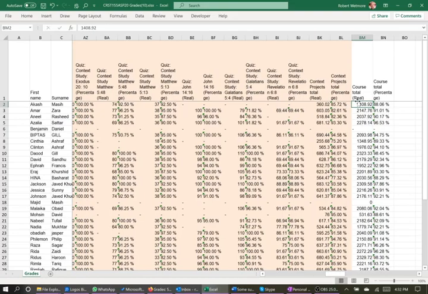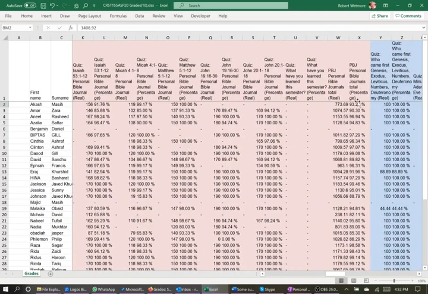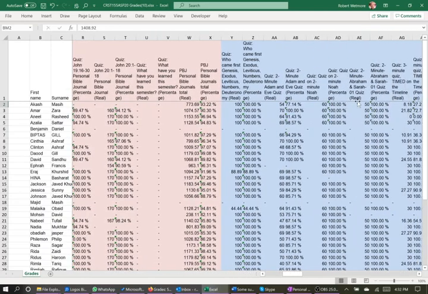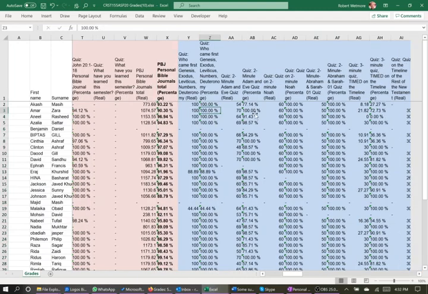All right, now I'm going to show you these quickly, so you can just see it. These are all my assignments. There are 2 columns per assignment. One column is the raw number, and the other column is the percentage. Percentage is based upon the weighting. All right. Now you've got the same thing here. You've got the raw number, the real number, but you've also got the weighting, the percentage. The percentage is all we care about. That's all we care about. All right. So now you've got the percentage for this column. You've got the percentage for